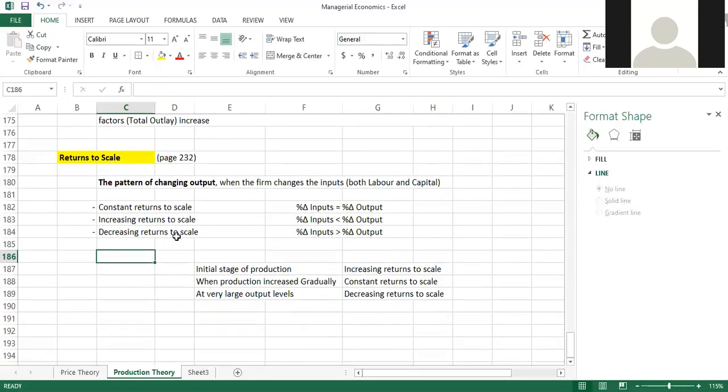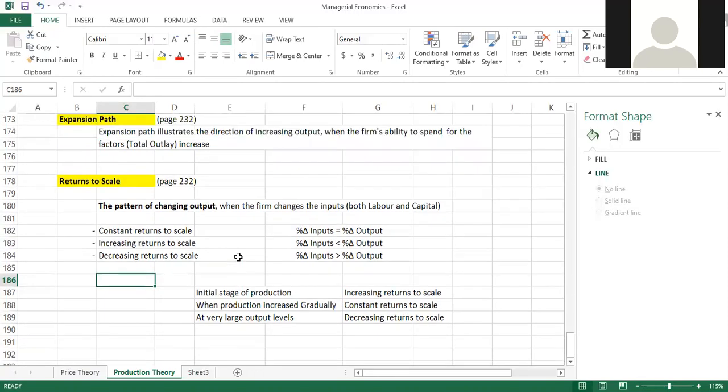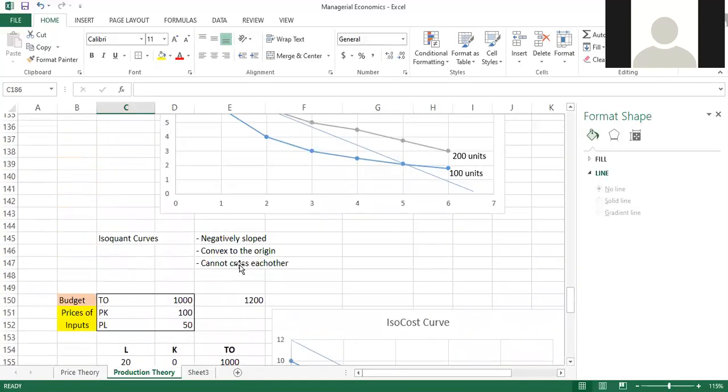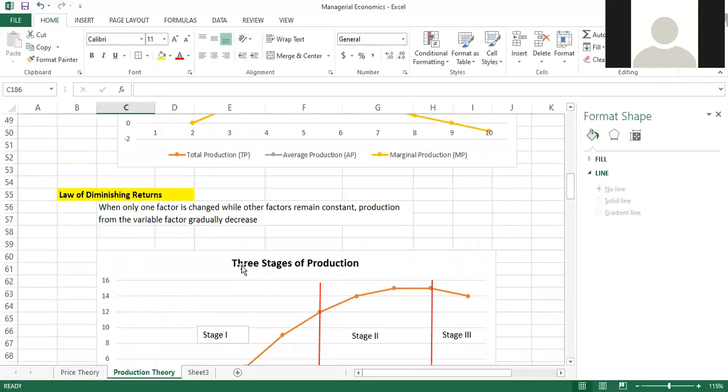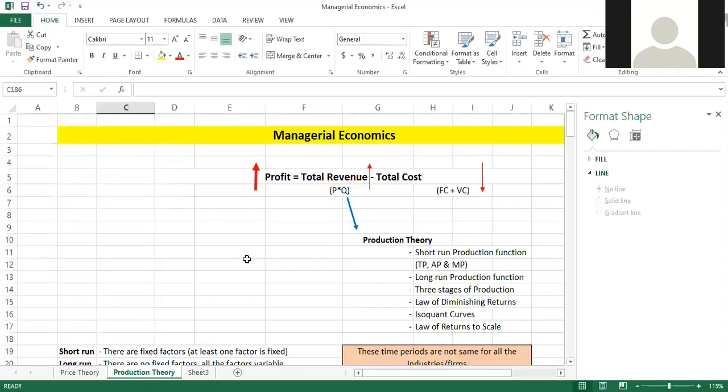The constant return to scale means inputs and outputs change proportionately at the same level, right? But increasing return means output increases by a larger percentage, and decreasing return means output increases by a smaller percentage, right? So these are the main production concepts under the production theory, right? So those are the main points that we should